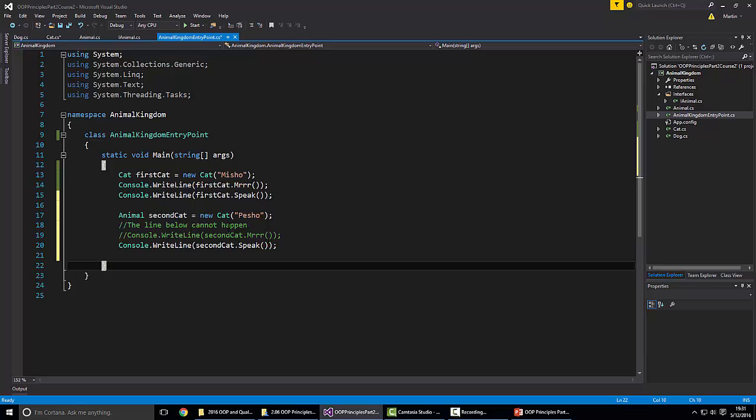Because in the end, we create a cat. We do not create an animal, right? Or yeah, we create an animal, but it's still of type Cat. On the other hand, we cannot use this method, right? So which one is it? Okay, so who votes for this thing calls the animal method? No one. Who votes that this thing is going to call the cat method? Okay, so everyone knows, but no one speaks. Okay, right. So yeah, it's going to call the